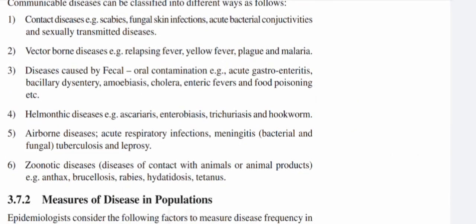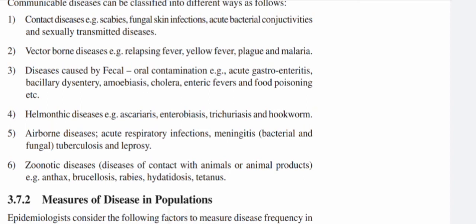Helminthic disease, for example ascariasis, enterobiasis, trichuriasis, and hookworm. Airborne disease: acute respiratory infection like asthma, and meningitis, bacterial and fungal, tuberculosis, and leprosy. Zoonotic diseases, diseases of contact with animal or animal products, for example anthrax, brucellosis, rabies,